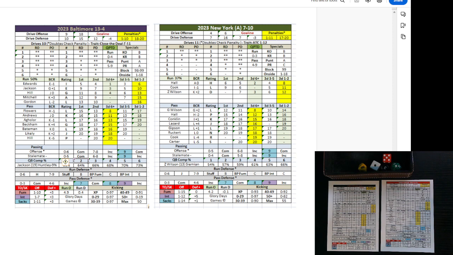Penalties. First number here, 1 to 10, is the offense. Second number is 18 to 20. And when you're calculating these, if you have a potential penalty come up, which again occurs, as it says here, when doubles are rolled on the 2d6s, you will check,